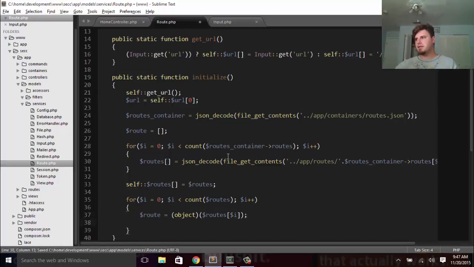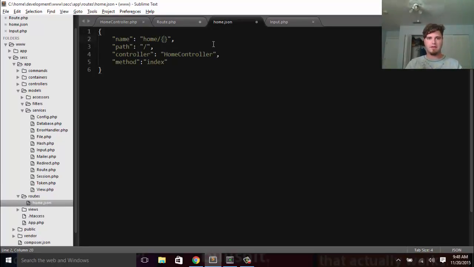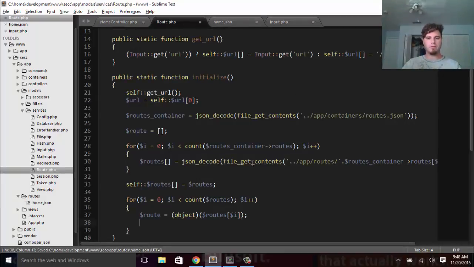And so now we want to actually extract any parameters if there are any. And I'm just kind of mimicking the way that Laravel defines parameters within a route. So if we saw something like {id}, that would be a parameter that we could actually pass into this route and execute some kind of function on that. So that's how we're going to actually handle our parameters. So in order to be able to do that, we need to extract anything that would be within those curly braces from our routes or from our URL. So we'll say self